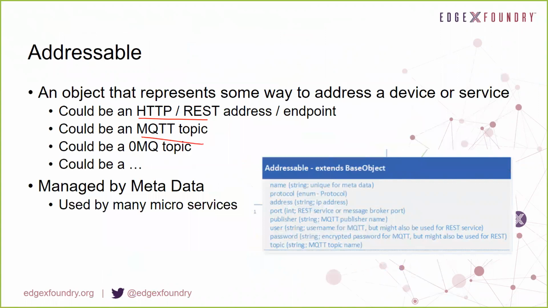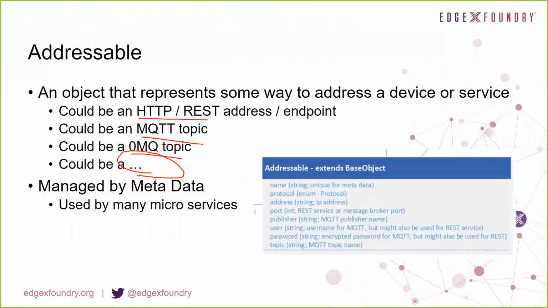It might be an MQTT topic with some sort of cloud address about where that topic is located, or a 0MQ topic. It could be any kind of resource that is addressable as to where these things live somewhere on a network or in some space with regard to how we communicate with that device or device service. So an addressable, one might think of simply as something like a URL with a port and a host that offers that particular device service.